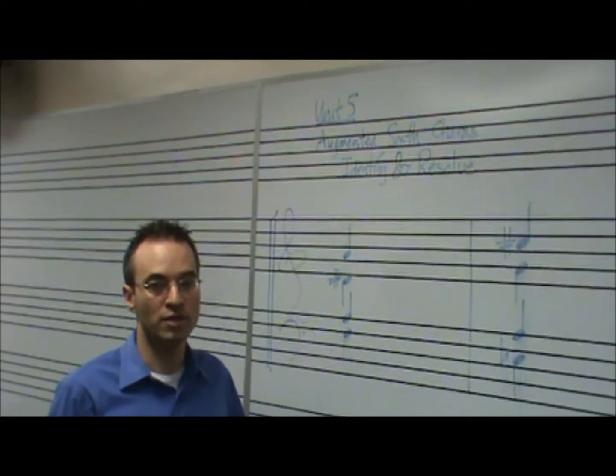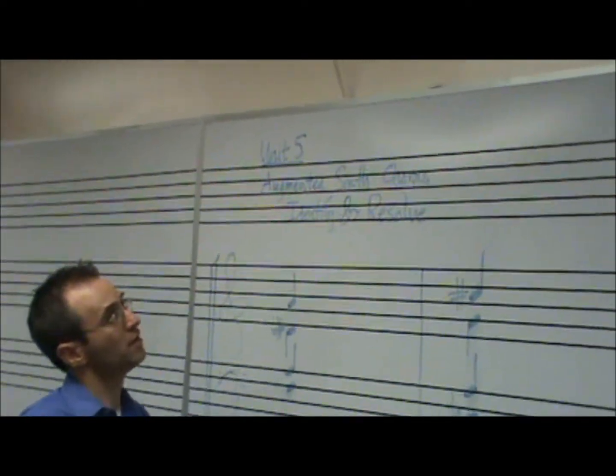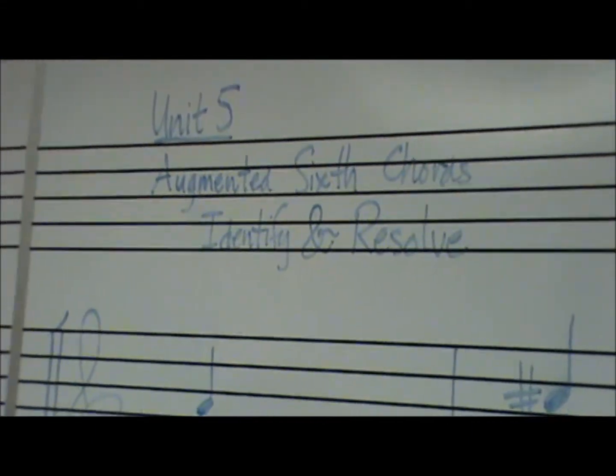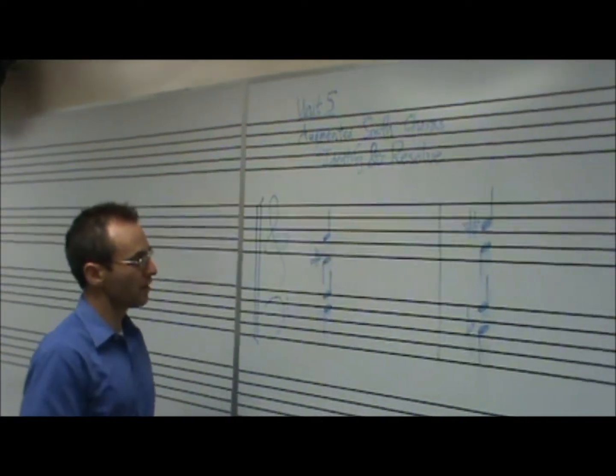In Unit 5, one of the things we want to know how to do is how to identify augmented 6 chords and also how to resolve them. So this is, first of all, an analytical thing. We want to be able to identify each of these chords. This first one